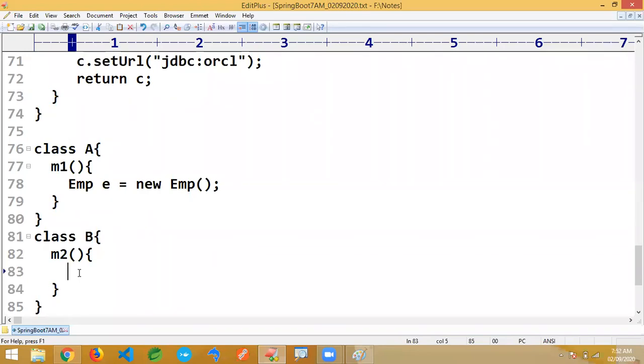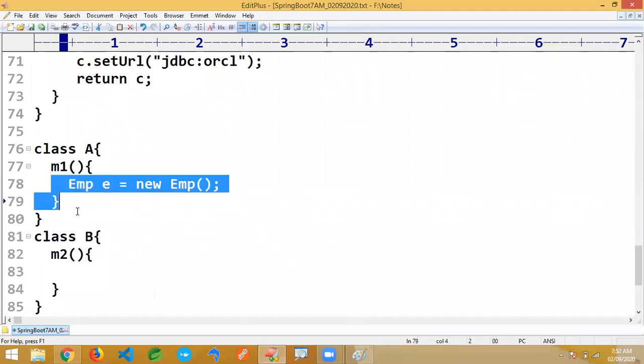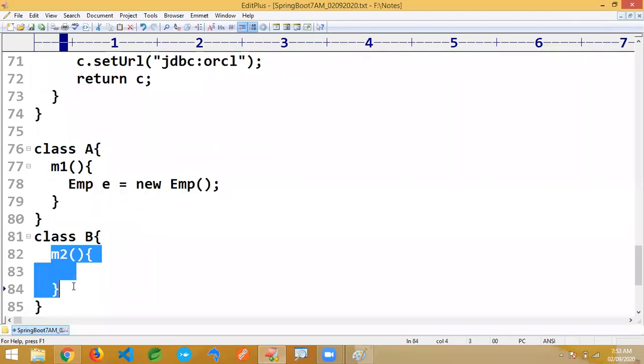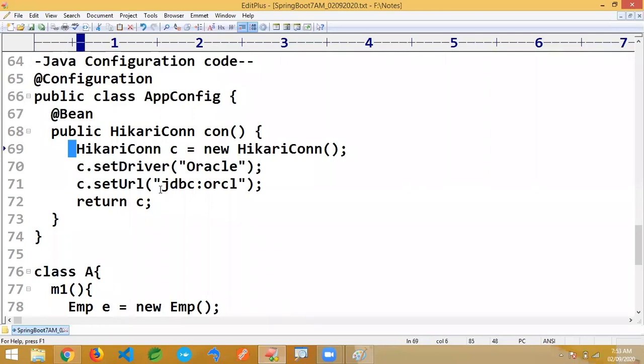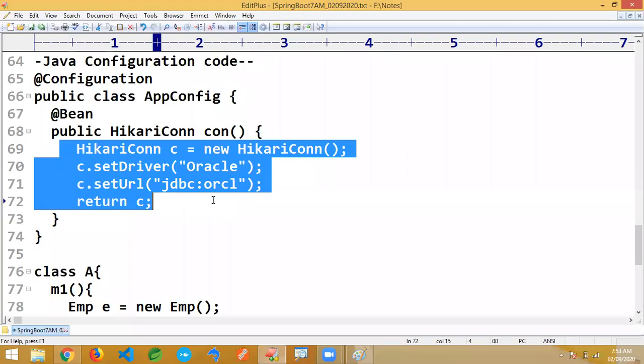If you extend or do some modification, it will come. But I can't extend multiple classes like that, that's not the requirement. It's a local variable. Even though it's object creation, it's local to the M1 method, so we can't access it in the M2 method. But whatever code you write here, this object you can access wherever you want, because this object is not created inside the method; it is created in the Spring container.